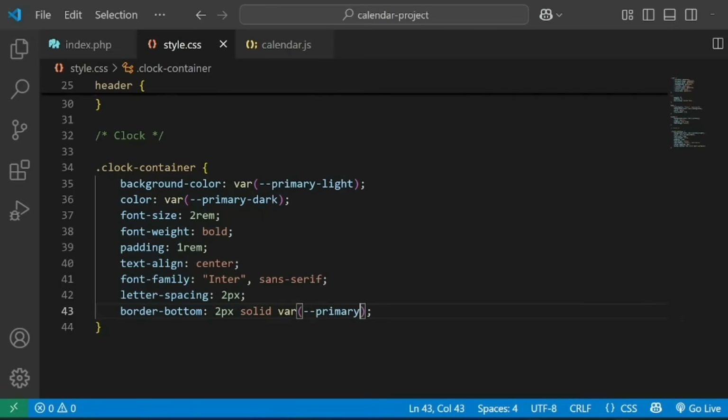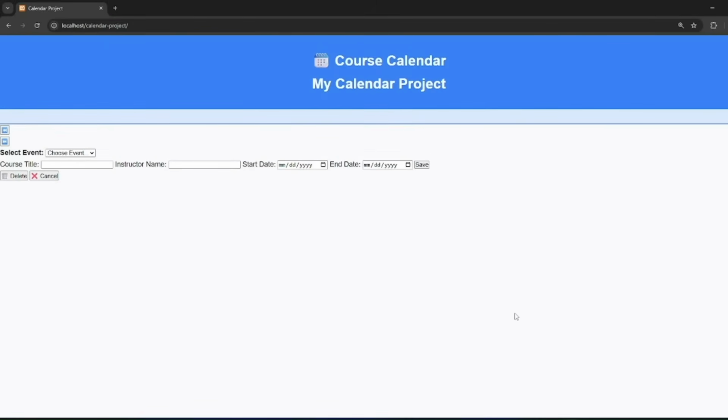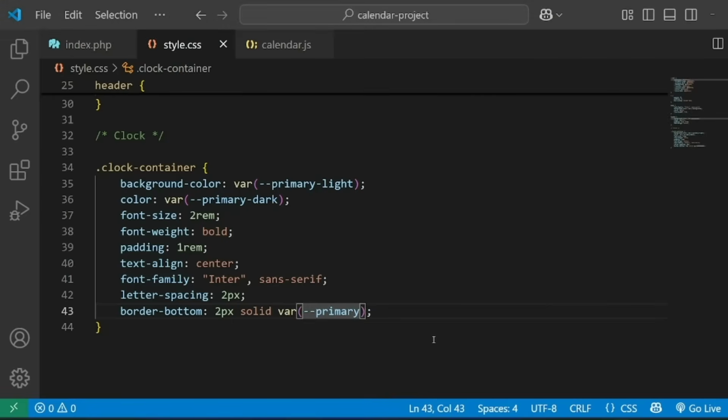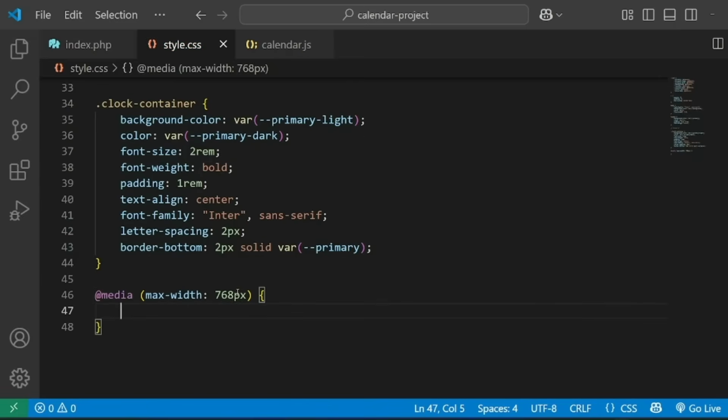So now if you notice this clock container, it will be like this. So this is the clock container, and now we will add some media query for it to make the clock container responsive. So media, and then max-width, I will set the max width as 768 pixels. So the maximum width of the device screen size will be 768. So every single device screen equal to this or less, we will set the clock container to be as the